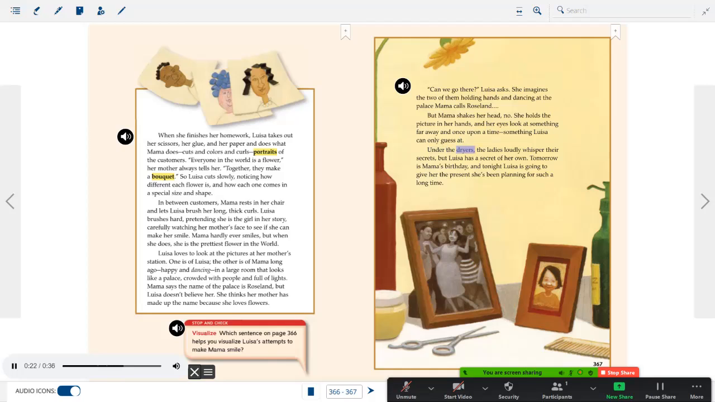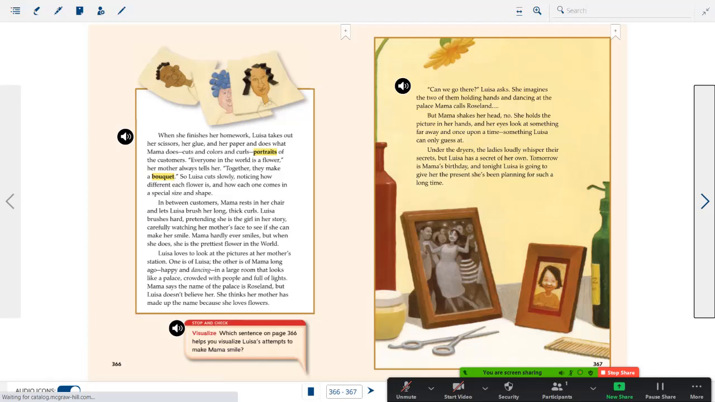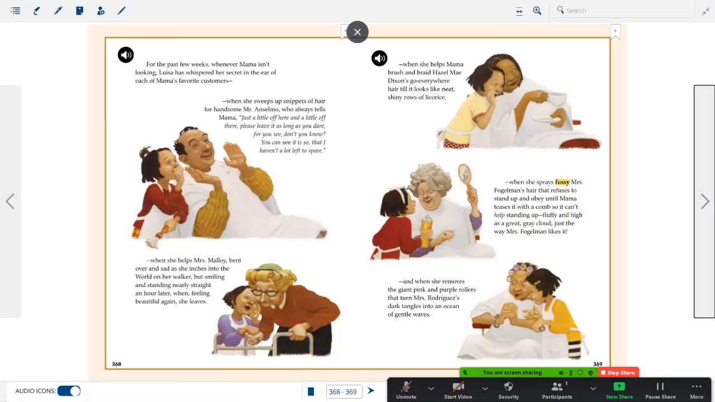Under the dryers, the ladies loudly whisper their secrets, but Louisa has a secret of her own. Tomorrow is Mama's birthday, and tonight, Louisa is going to give her the present she's been planning for such a long time. For the past few weeks, whenever Mama isn't looking, Louisa has whispered her secret in the ear of each of